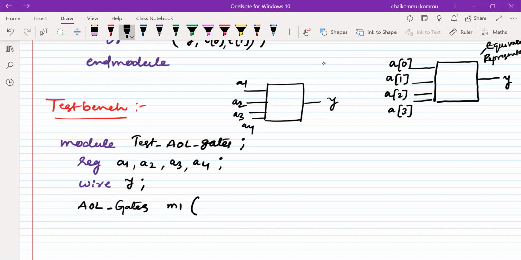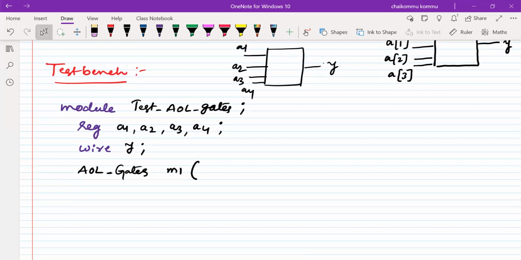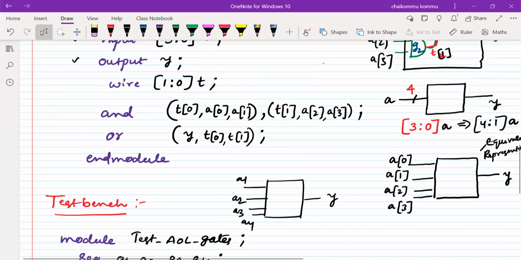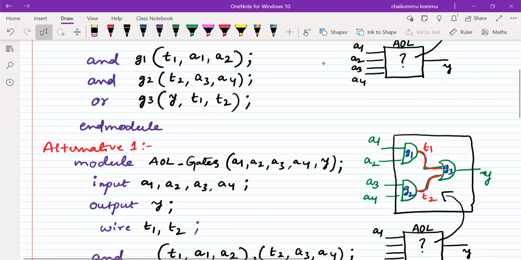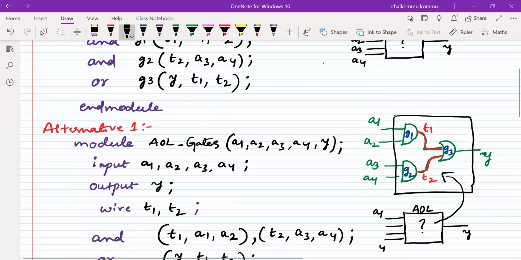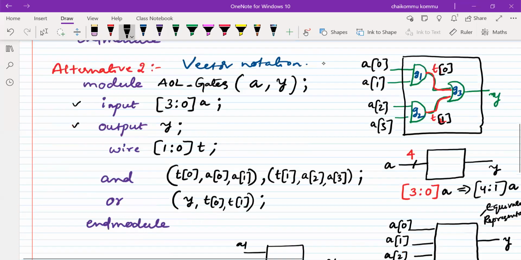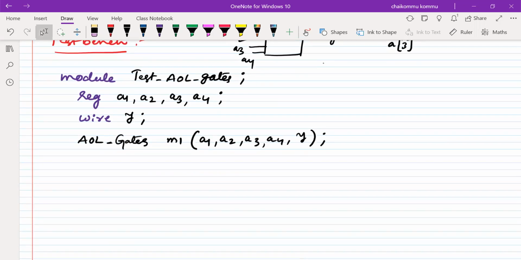No wires, we don't define them. Only inputs and outputs we need to define. No need to write the internal signals, not necessary, not required. So how have we defined the modules? We have defined the module first with the inputs, then the outputs, right? That is the way. So the first one is A1, A2, A3, A4, Y. That's fine. Now this is the third step.